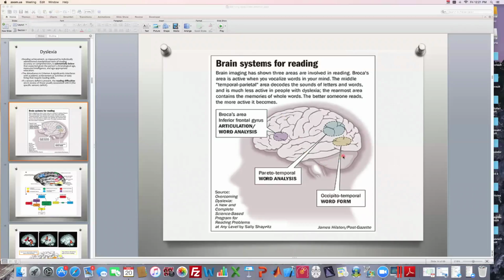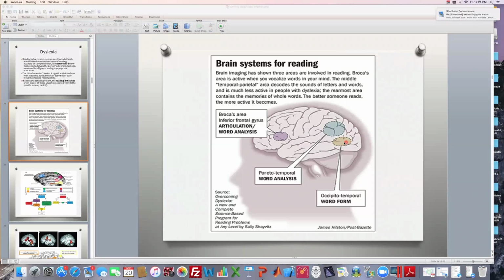The first is the visual word form area, which is located in the occipital association, or occipital to posterior temporal junctions of the brain. And this is the area that basically interprets a word for its visual form. It doesn't necessarily tell us what the word is or the meaning of it, but it is our visual perception